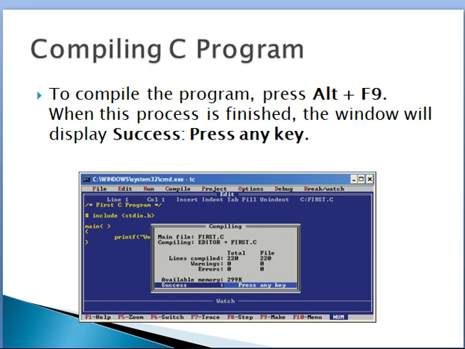Press Alt plus F9, and it compiles the program. It checks whether there are any syntax errors. When this process is finished, the window will display success if there are no errors. Then it displays the message success, press any key, as in this figure.